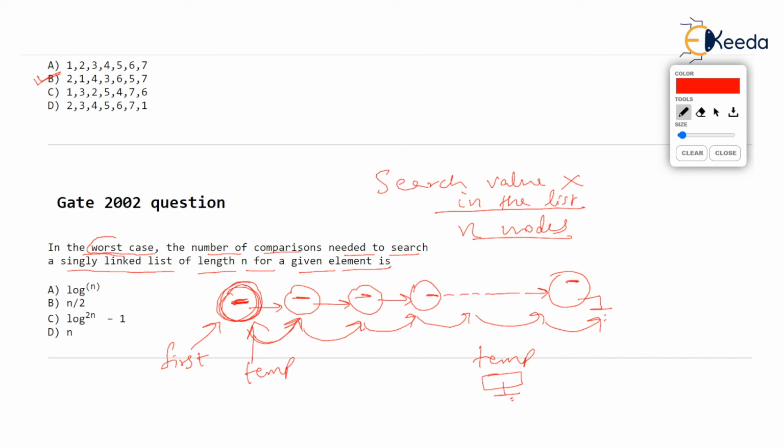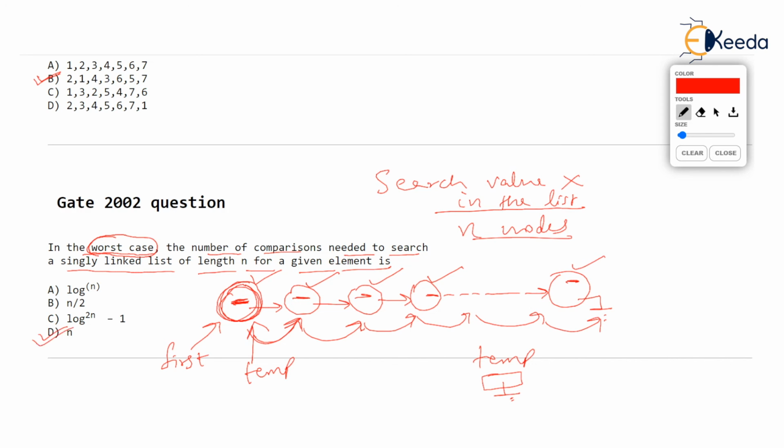What can be worst when you are searching something? Imagine a real life situation. You are searching something. What can be the worst? You have spent a whole lot of time in searching that, and finally you know that the thing which you are searching does not exist. So you tell me, how many comparisons did you do? In the worst case, you did n comparisons. One comparison was done at each node, and you went to the next node, did a comparison. Next node, you did a comparison, and there were n such nodes. So you did n comparisons.